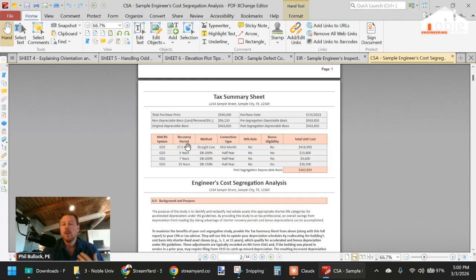So long story short, we're going to take what was an original basis of $463,000. And at the end, after the depreciation, we're still going to get $463,000. We're just going to reallocate some of these assets into these different buckets with different recovery periods. And we use the method prescribed by the IRS. There's a specific convention type, 40% rule, and bonus eligibility. All of these things are important to how we get to the total unit cost and the actual